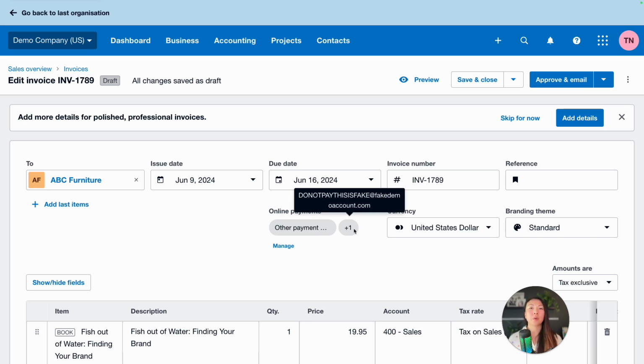This is why it's important to customize your invoice themes if you want to restrict the payment options that your customers have access to. That is a quick overview of branding themes. If you do have any questions about that,